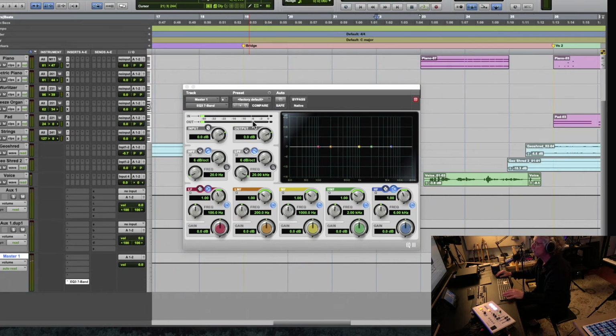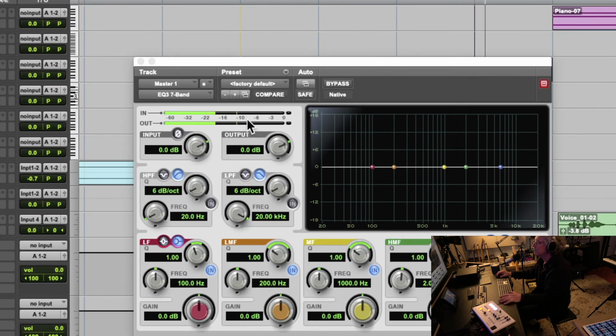You could see that there are these little, let me zoom in again. As I play,